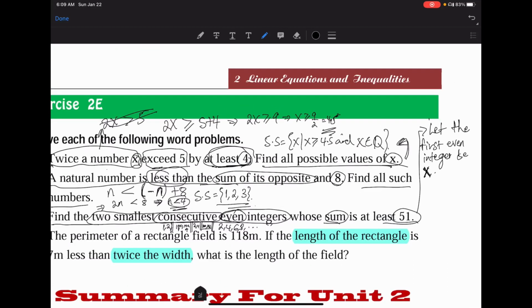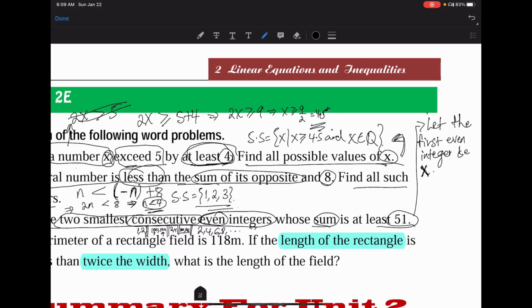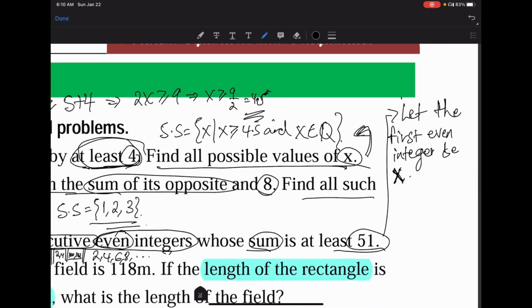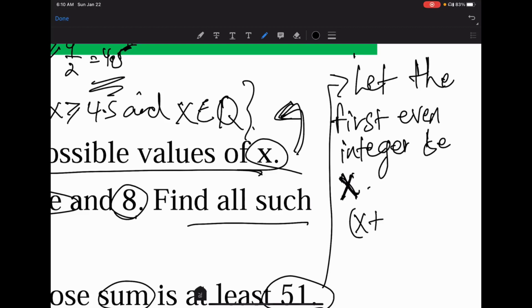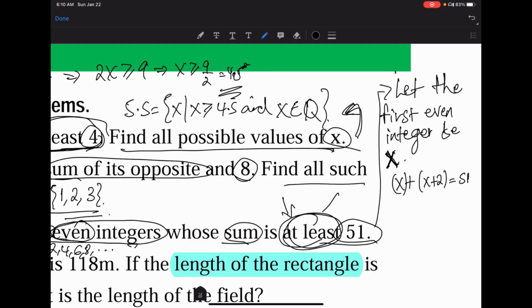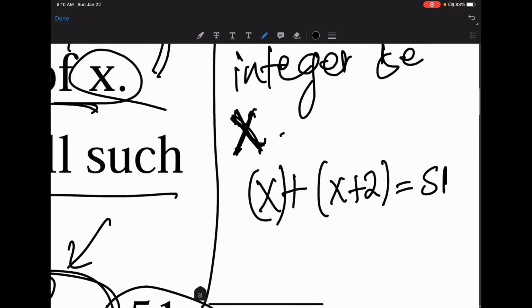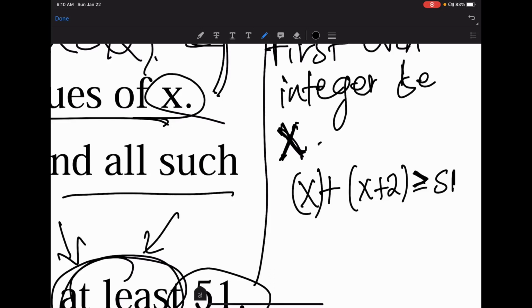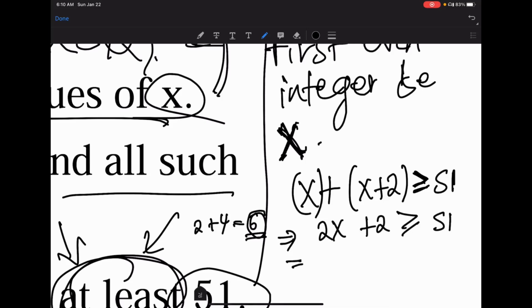If I used x + 1 it would be odd, so I must use x + 2. Their sum is at least 51. Don't forget at least: it can be equal to 51. So x + (x + 2) is greater than or equal to 51. Solving, 2x + 2 is greater than or equal to 51, which implies that 2x is greater than or equal to 51 minus 2, which is 49, which implies that x is greater than or equal to